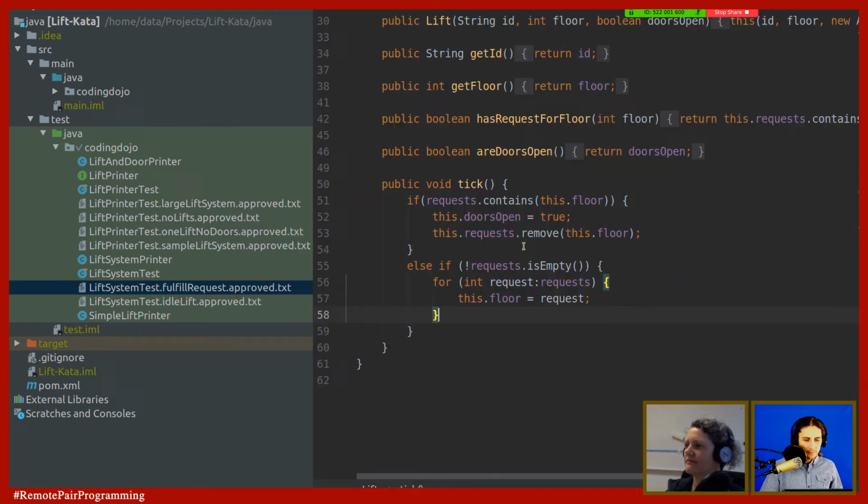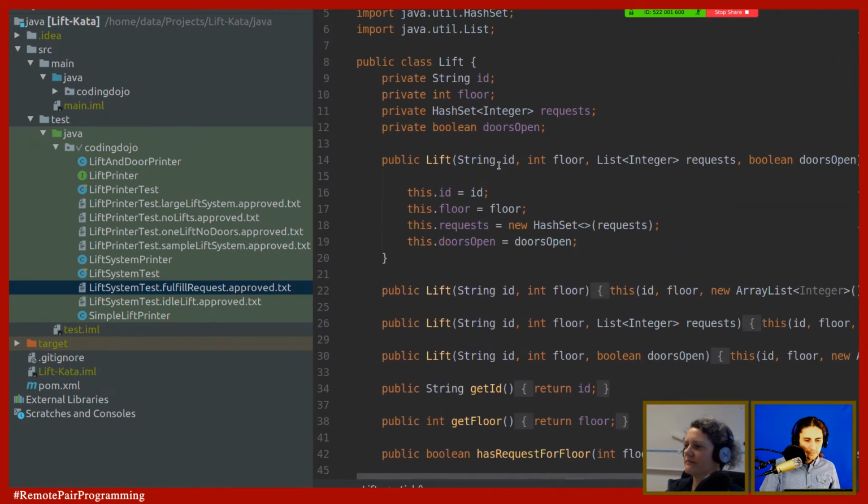Oh yeah, I remember now what I was a bit puzzled about. This one, that you have the private hash set, and here I have a list of integers. I think this could work, but I don't know if we did this on purpose, deliberately, or it was just a hack that we tried out. So when I did the initial modeling, I modeled it as a list of integers. And now when we come to implement it a bit, we realize that it's actually better modeled as a set. But